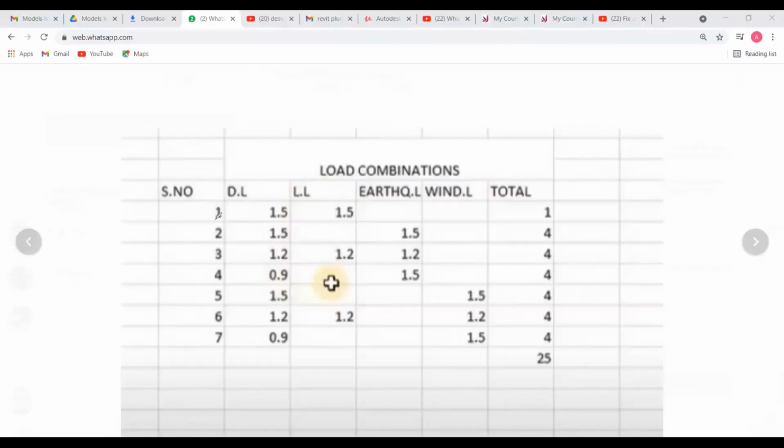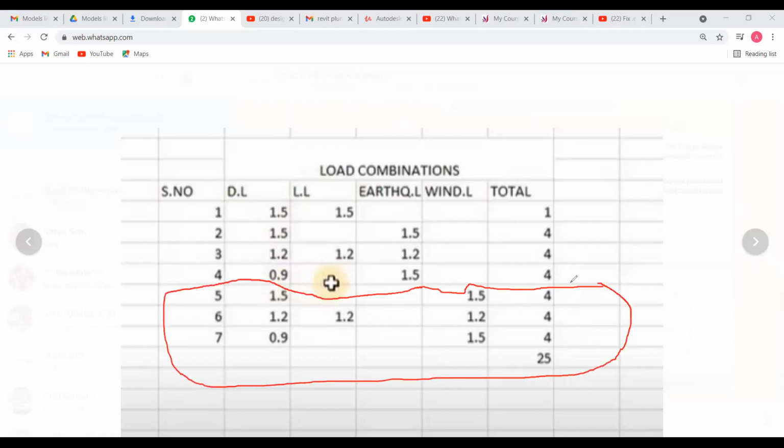Now, wind load over here I will not consider. This part is for my wind load, because in this wind load column only we are going to type these values. The combinations are dead load plus wind load, live load plus wind load, or dead load plus wind load. We are going to consider these four combinations for our G+1 building.